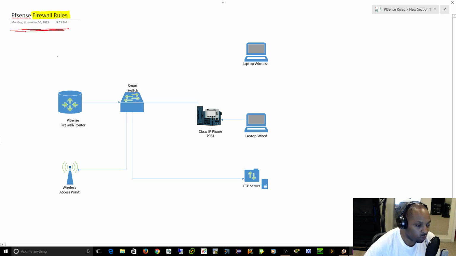So we set up the VLANs inside of Pfsense. We'll do that on the switch. Alright, we have an access point where we can set up the VLANs there. By the way, what's nice about Cisco is Cisco